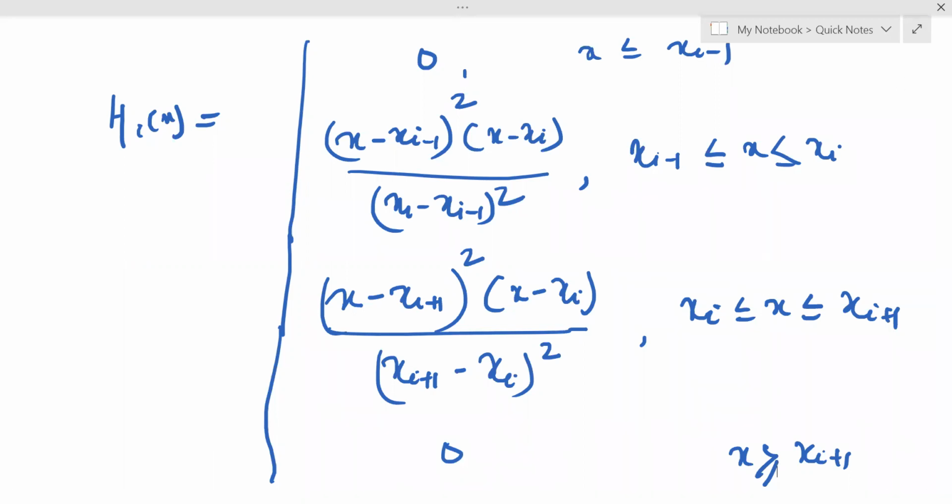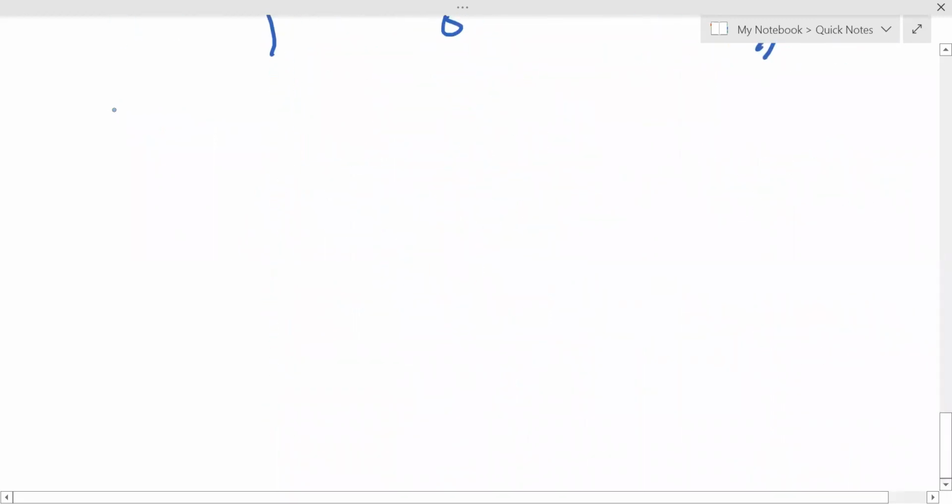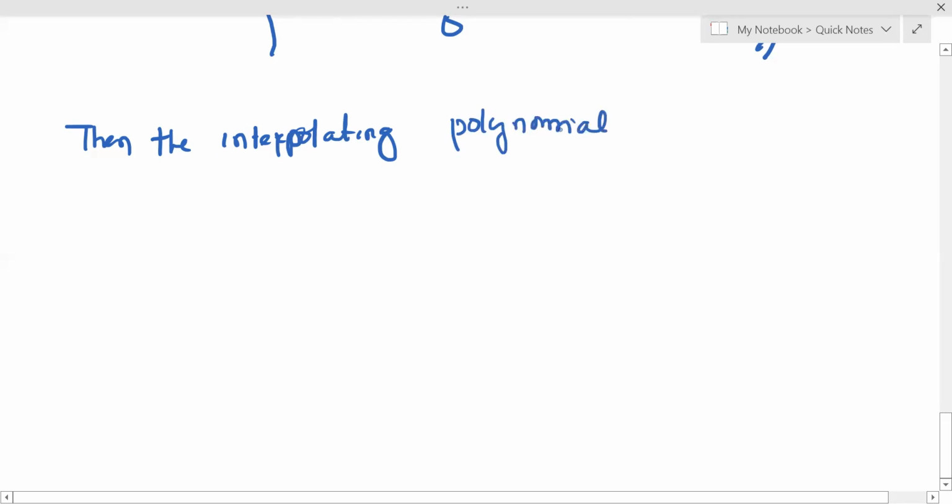Then the interpolating polynomial can be represented like this. Just you can represent now P3(x)